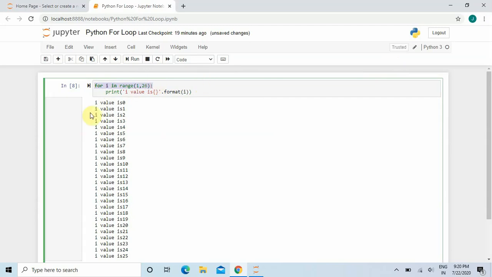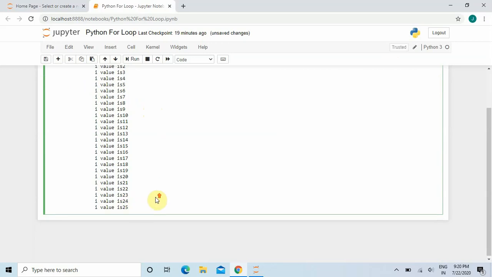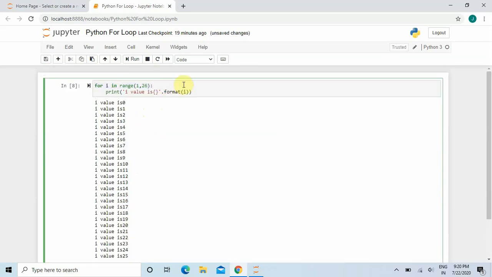It will start the value from i is 1 and it will display up to 25. So here you are explicitly mentioning the starting value, and the Python interpreter will take the starting value mentioned by the user. So it will take the starting value from 1. So let's run this part.